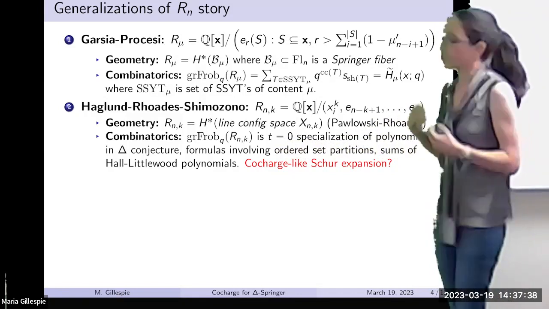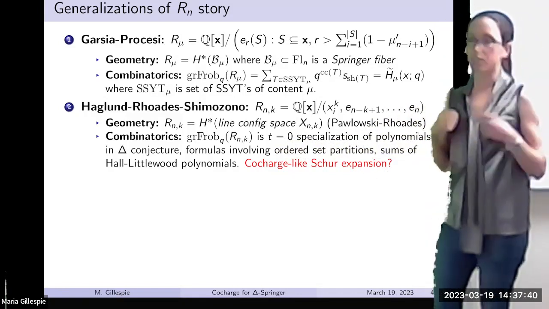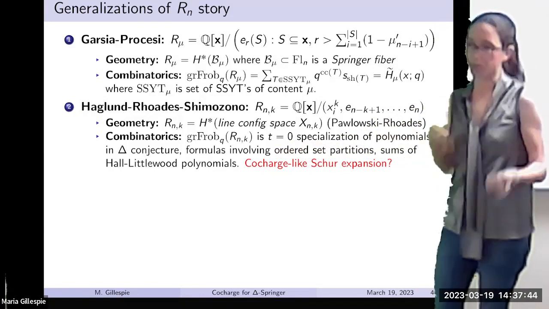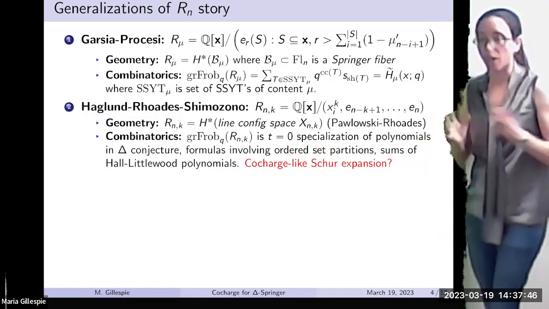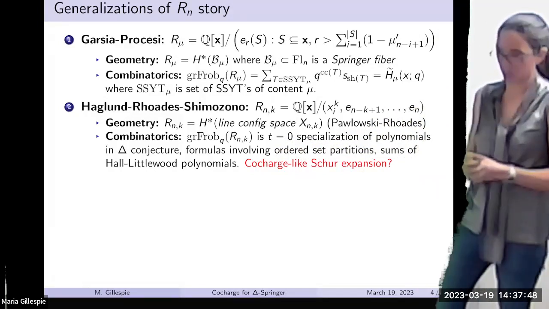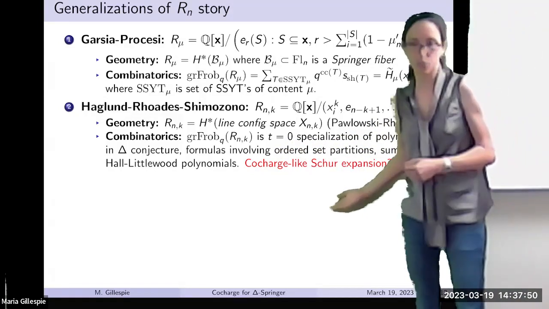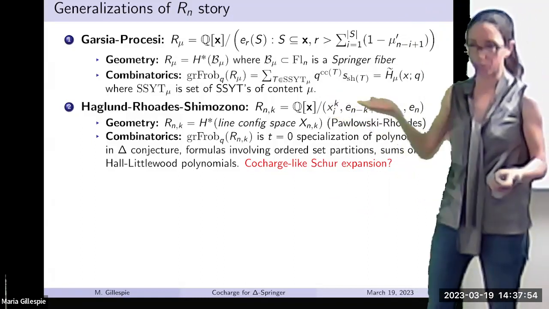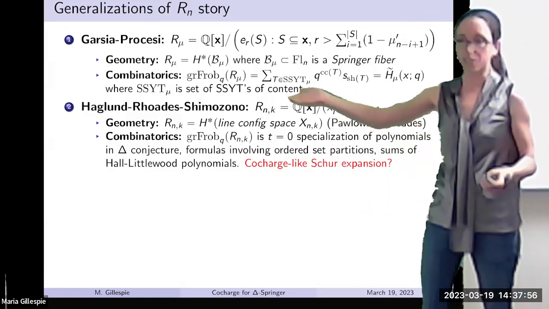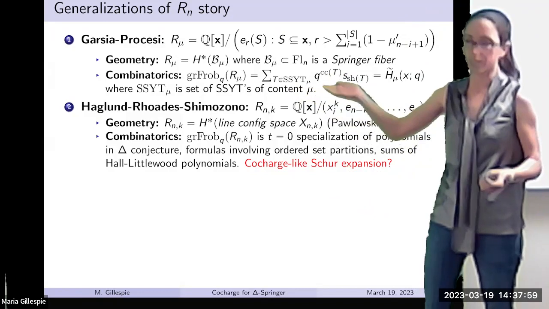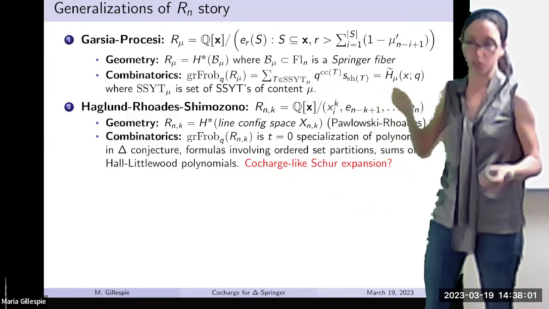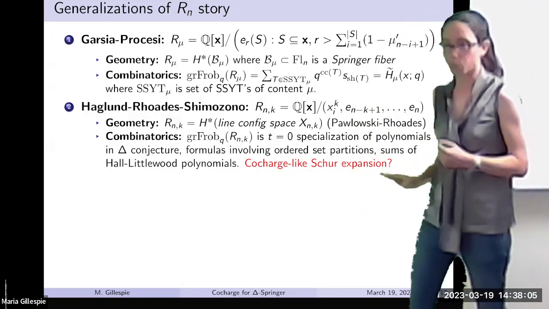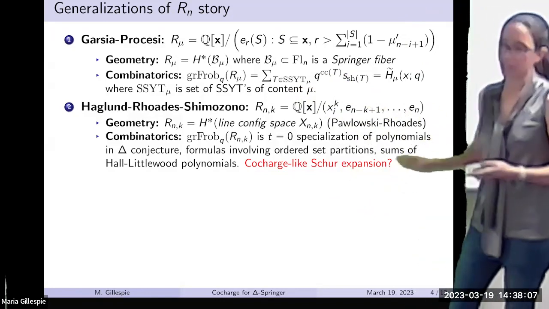And there's formulas for them involving ordered set partitions that express it in terms of monomial symmetric functions or in terms of Hall-Littlewood polynomials. There's a lot of different expansions of this graded Frobenius. But what is missing so far is a cocharge-like Schur expansion like this one, where you just have a single sort of object you're summing over and some cocharge statistic telling you what the coefficient of a Schur function is. So we're going to sort of answer this one today as well, because it's a special case of the